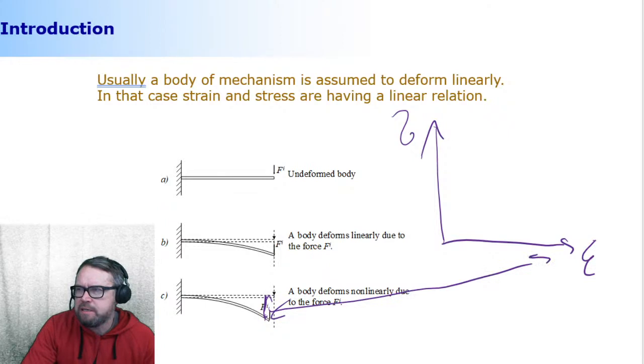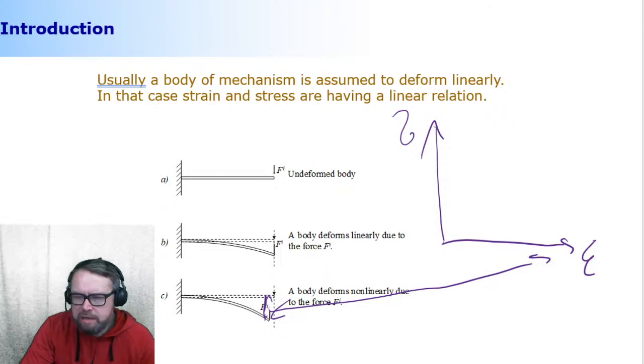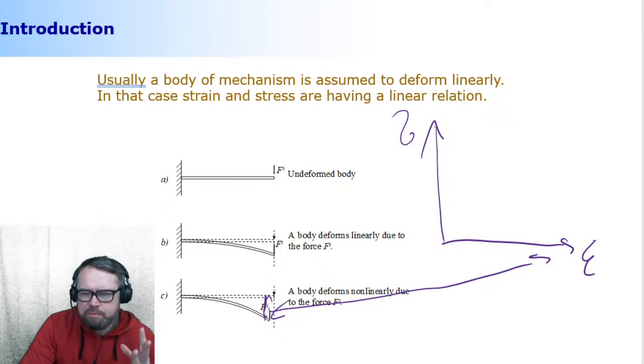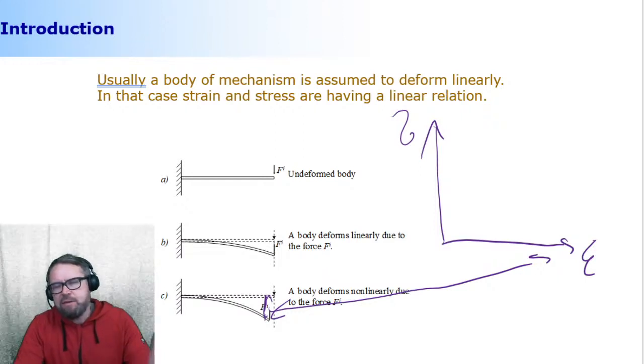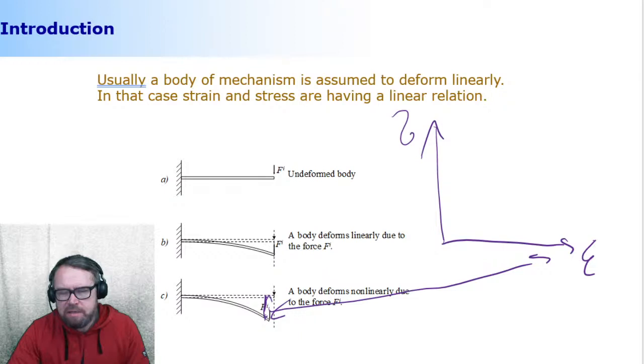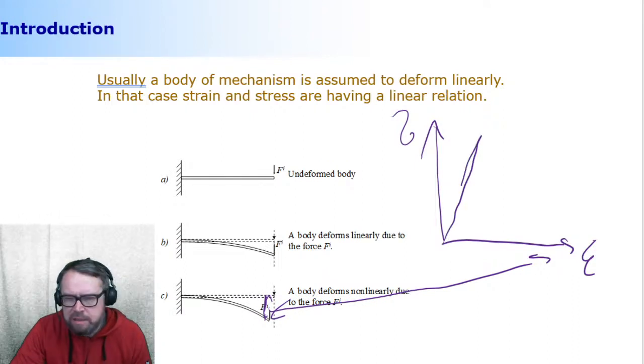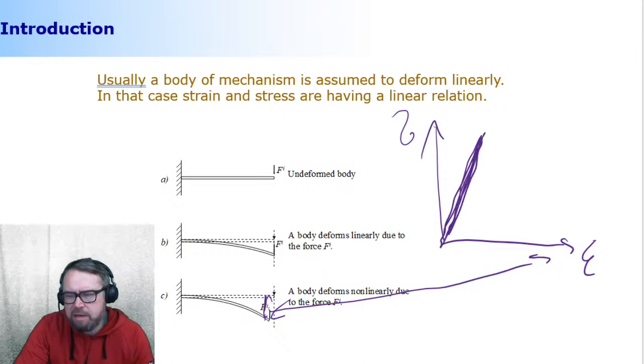And this is exactly what I'm referring to here: how much the material itself is experiencing strain because of the deformation. Now this curve that I'm about to draw shows the relation between stress and strain. In most cases we're dealing with steel materials, and for steel there's a long range where the material behaves linearly, meaning that if the strain increases, the stresses increase in a linear manner,